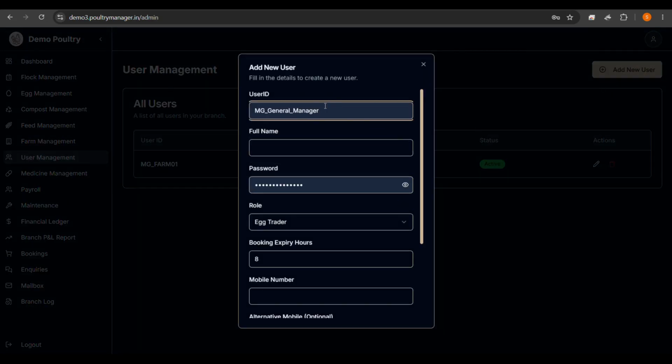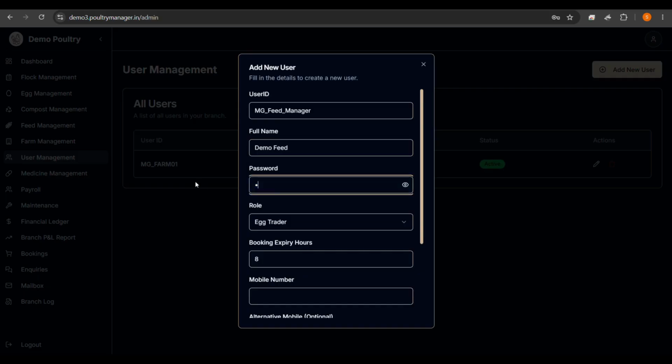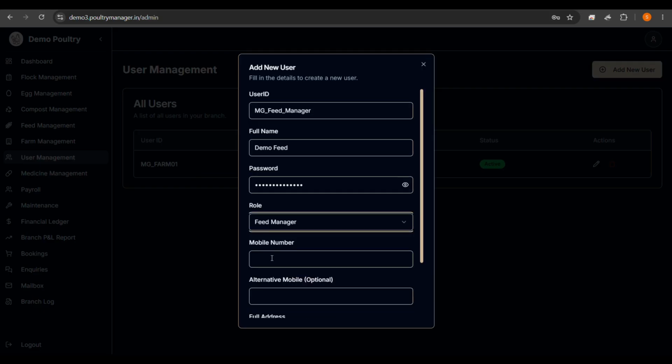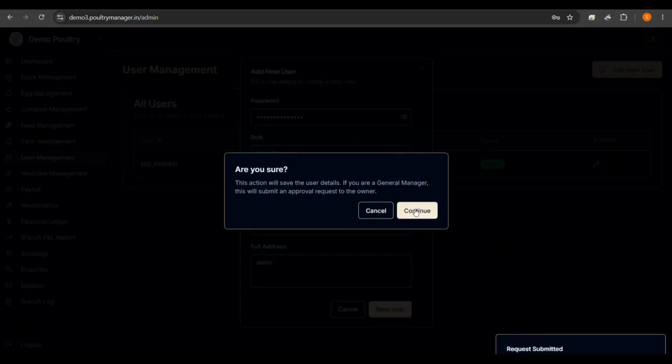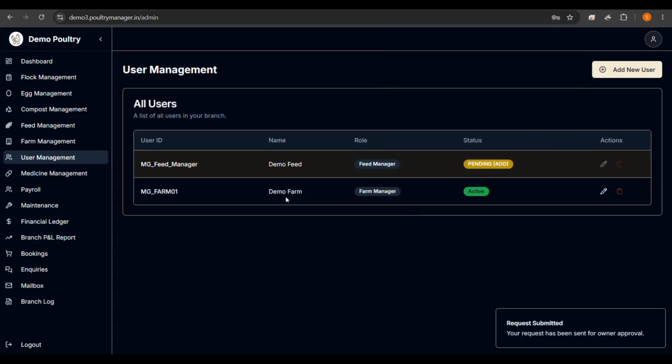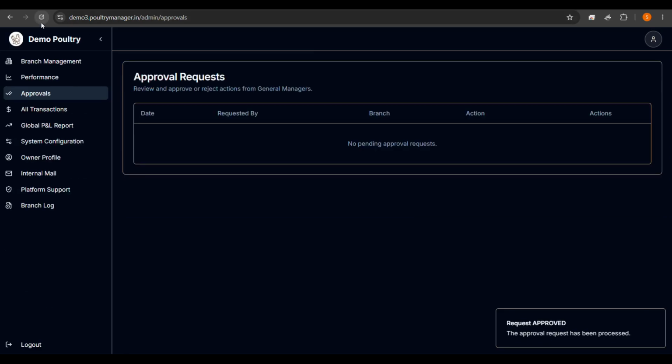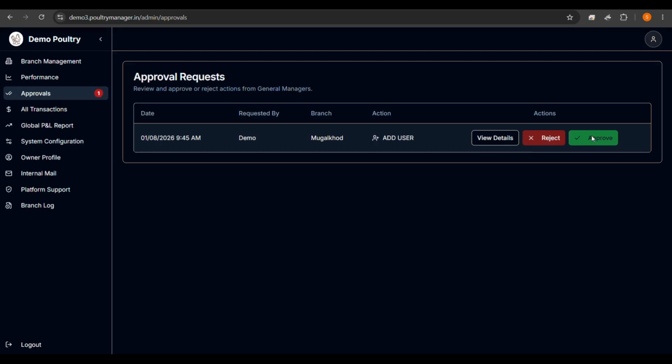Now I will add a feed manager also. It's a feed manager, demo feed, password I'll set, feed manager phone number. Okay, same as before. I'll upload the